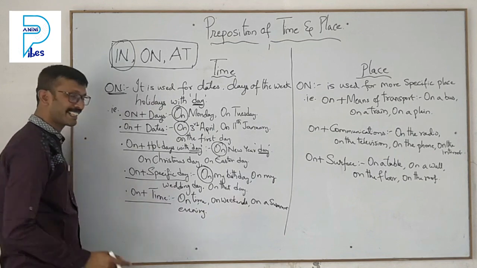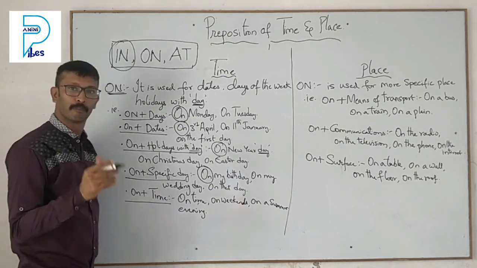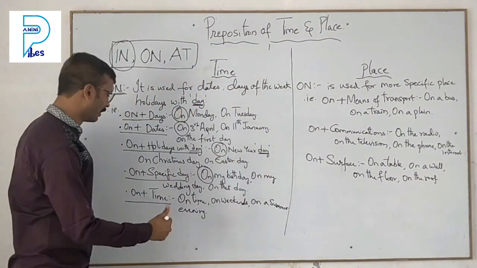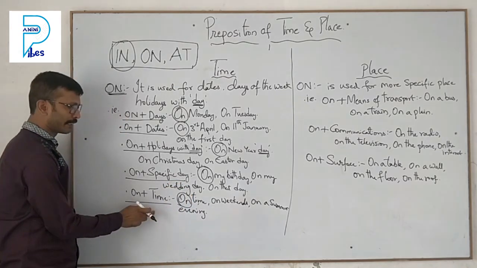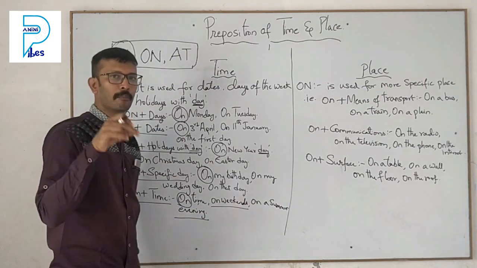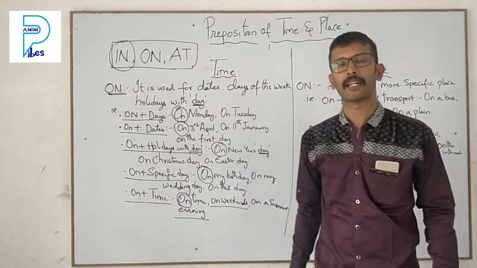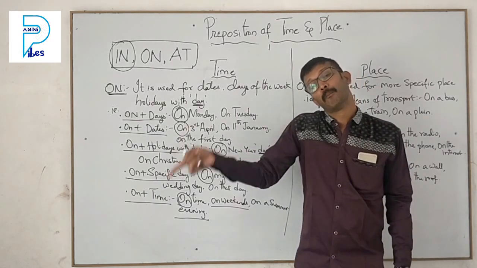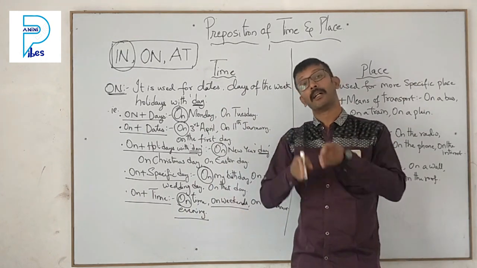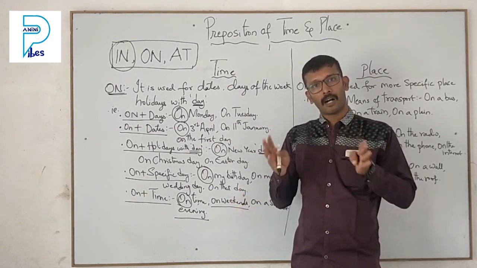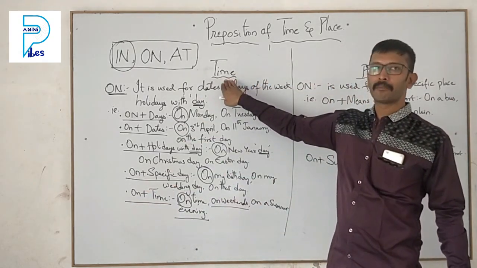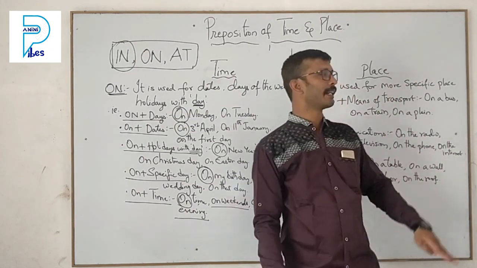So in the same way, on plus time, when we are mentioning a time, like on time. Most of the people say I am in time. It's not in time, it's on time. So on is a preposition of time, on weekends, on a summer evening. तो हम लोग वो particular day का भी specific कर रहे हैं, जैसे on Monday morning. So हम लोग day भी use कर रहे हैं और वो डे में पर्टिकुलर क्या कर रहे हैं, जैसे समर डेज, समर मॉर्निंग, ऑन अ पर्टिकुलर समर मॉर्निंग. सो इस तरह हम लोग ऑन जो है preposition of time की तरह यूज करते हैं for all these particular things. And let us go